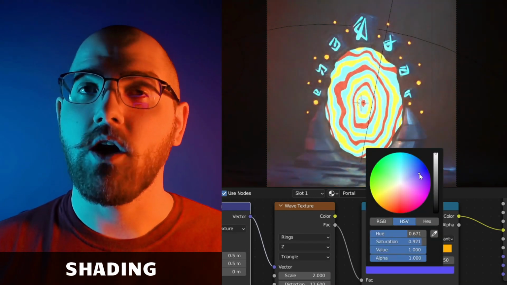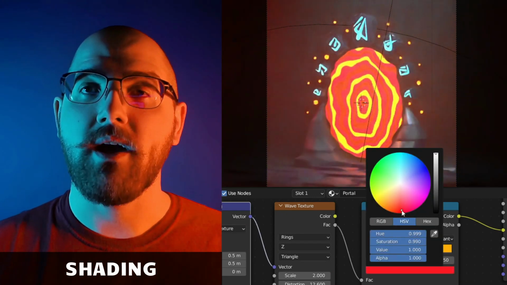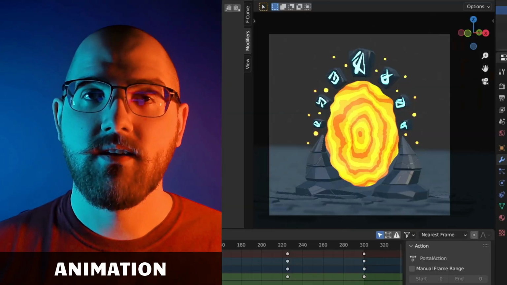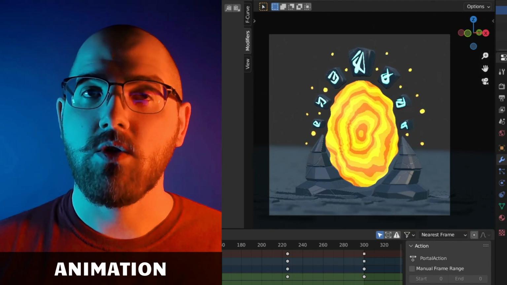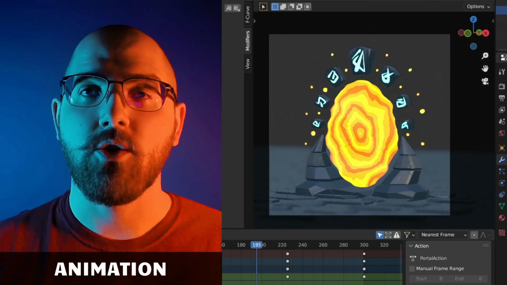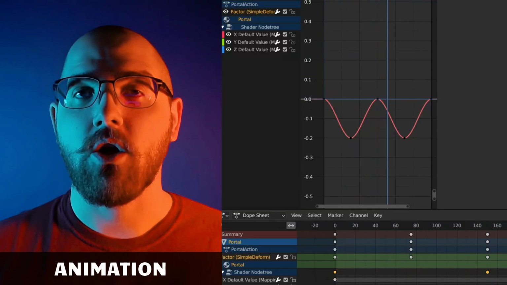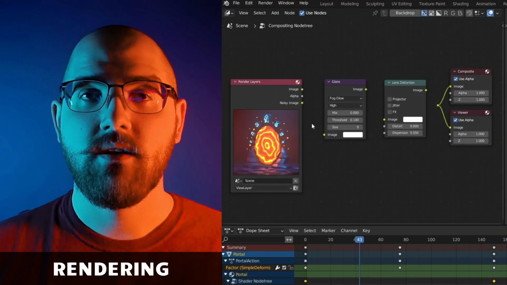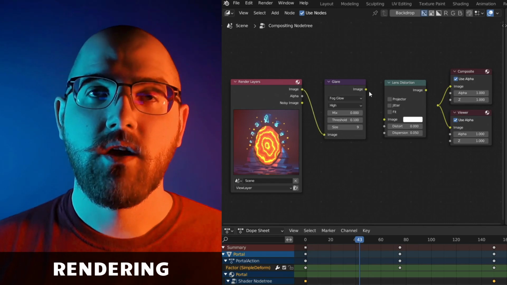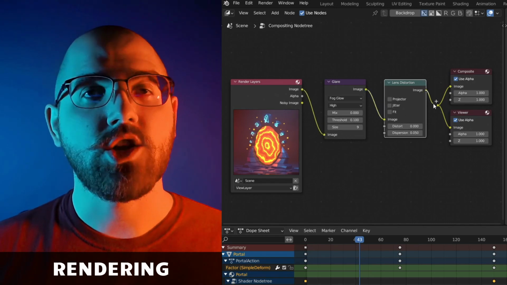I'll show you how to make colorful and stylized materials that will give our magic portal a cartoon aesthetic. Up next is animation. I'll walk you through animating a magical swirl effect and floating stones surrounding your portal. We'll also make sure our animation loops seamlessly so you can convert it into a seamless GIF if you'd like to. Lastly, rendering. We'll render our final image in Blender so you can share it with your friends and family